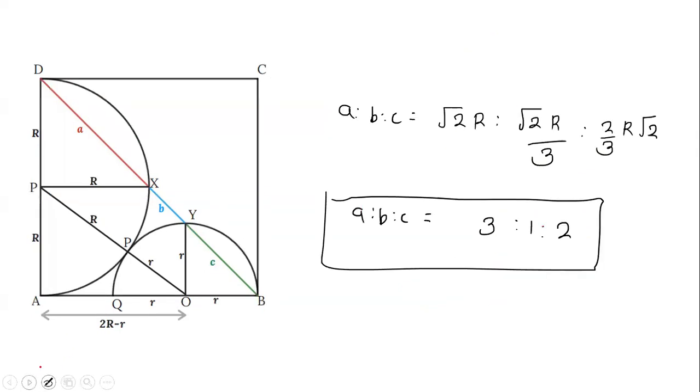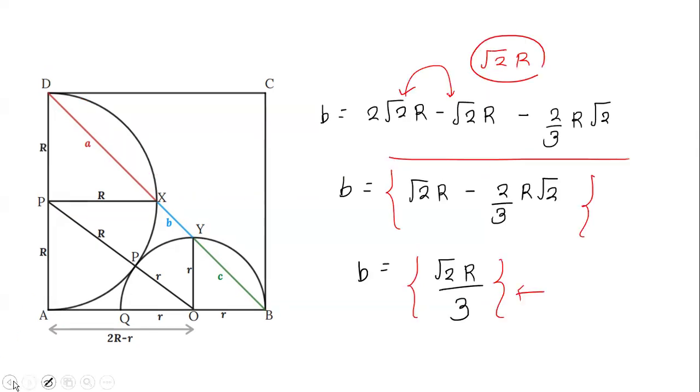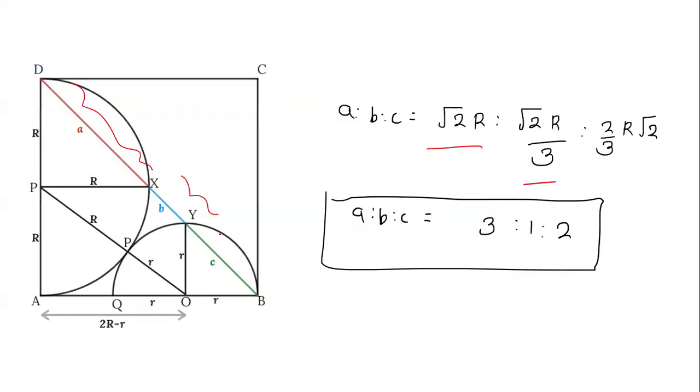So now you know all three distances in terms of capital R. Like this distance, you know it is root 2 times capital R. This distance, we calculated previously, is root 2 times capital R divided by 3. And this distance, you also know, is root 2 times small r, and the capital R relation is this. So just I put here,